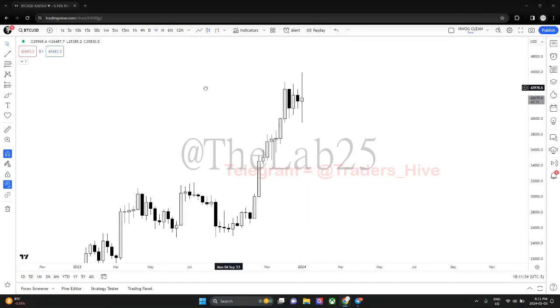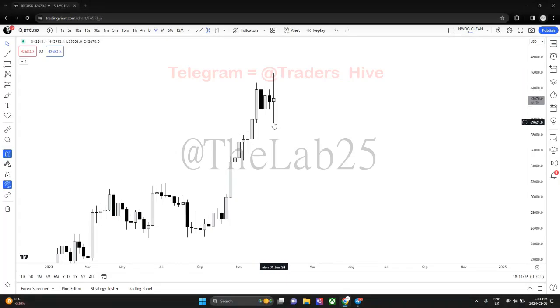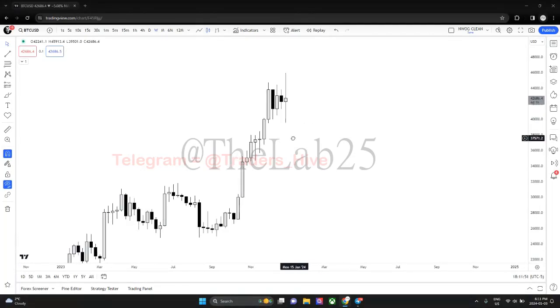Okay, so I think you guys should have a good idea about buy side liquidity and sell side liquidity now. Now we'll look at the different types of imbalances. So all of the imbalances are